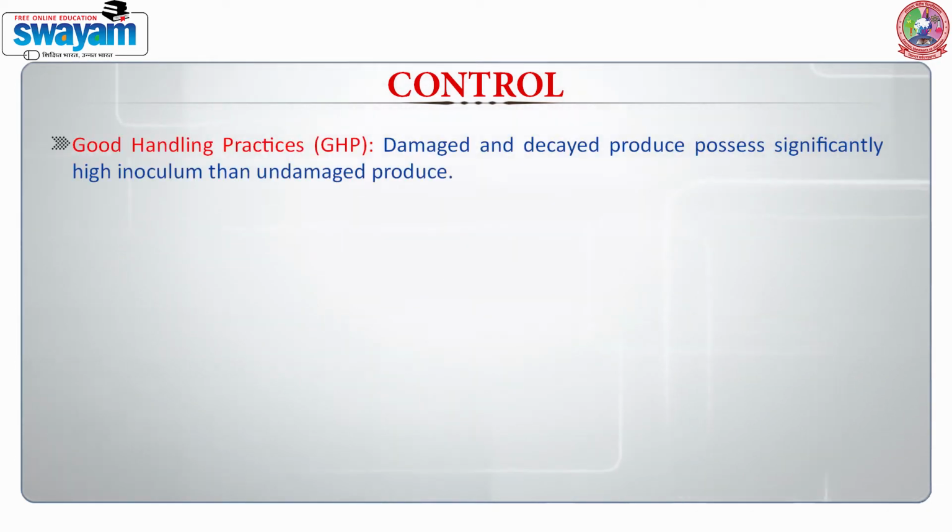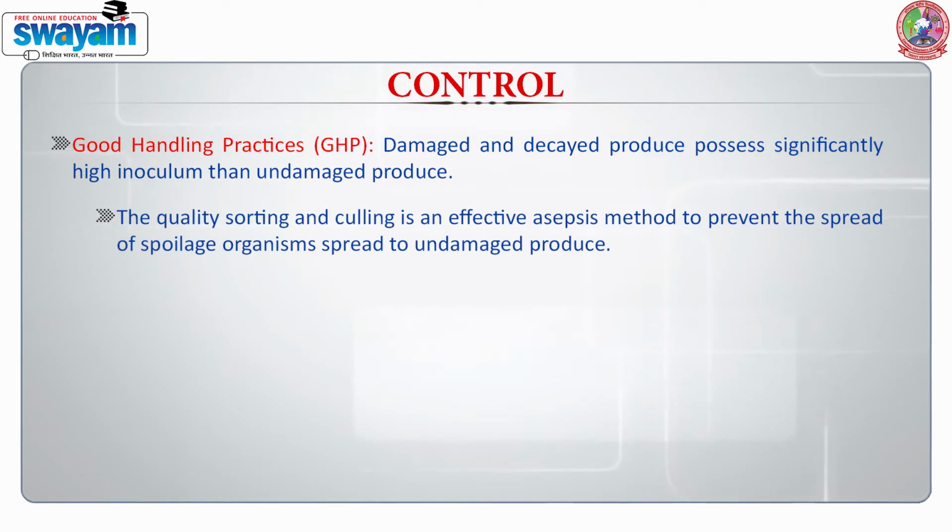Another way to minimize the damage due to spoilage is to follow good handling practices, which is abbreviated as GHP. This involves removal of damaged and decayed produce, because these have significantly higher inoculum than the undamaged counterparts. Therefore, quality sorting and culling is an effective asepsis method to prevent the spread of spoilage organisms from the damaged